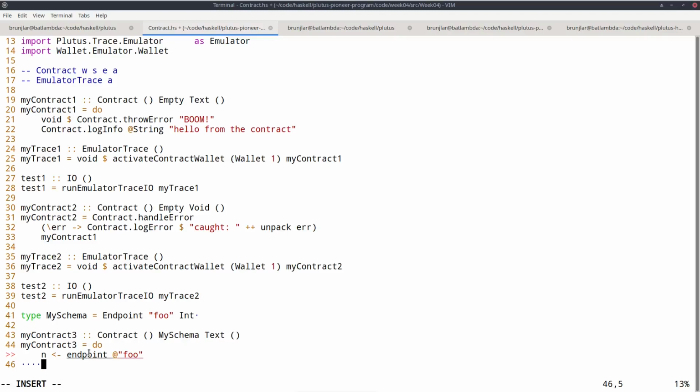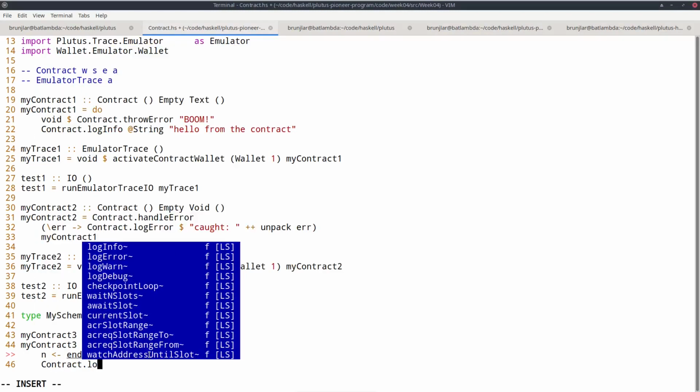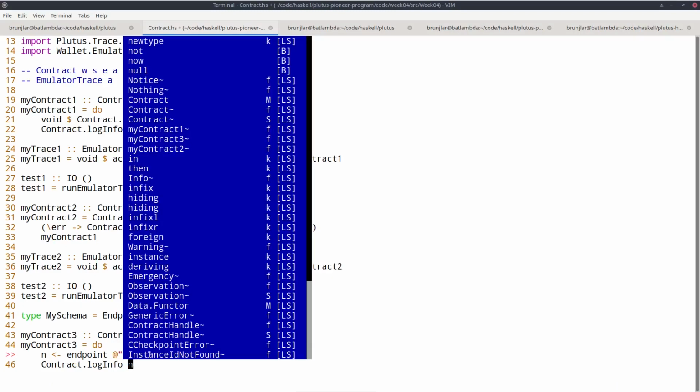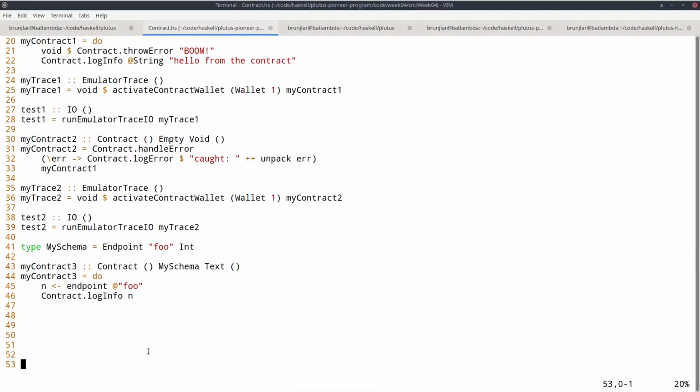So what this contract will do, it will block until from the outside this endpoint is invoked and provided with an Int because we said it would be an Int. And at that point, it will continue and n will be bound against the provided Int. So to try it out, we can use contractLogInfo again, n. n is serializable, so we can just use n there. And the compiler knows it's an Int, so we don't have to tell it.